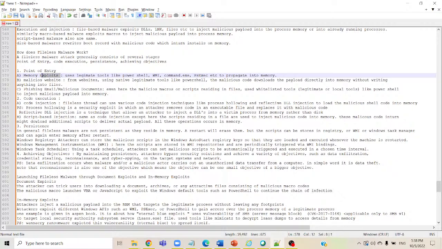In that, the first one is memory exploits. It uses legitimate tools like PowerShell, WMI, cmd.exe, PsExec, etc. to propagate into memory. Next, B, malicious website. From websites also it can enter. Using native legitimate tools like PowerShell, the malicious code downloads the payload directly into memory without writing